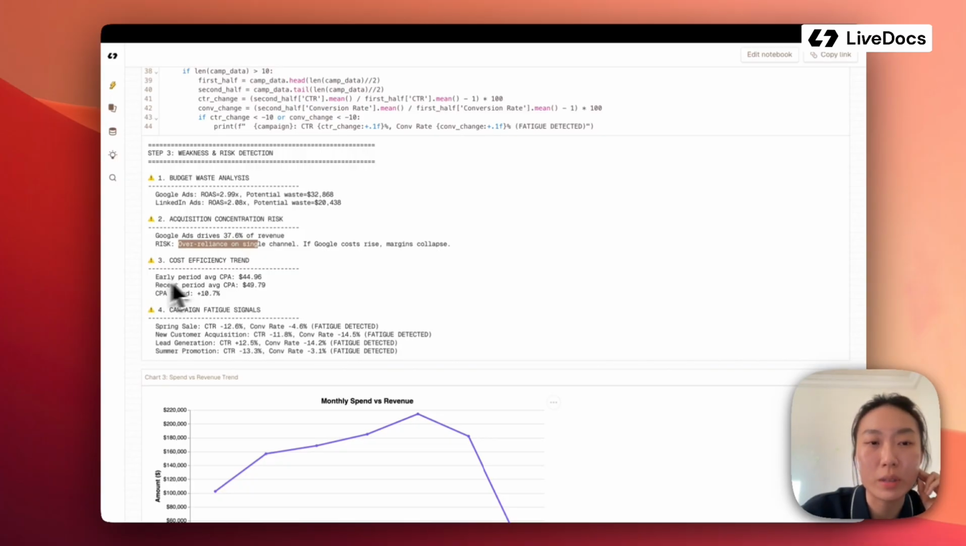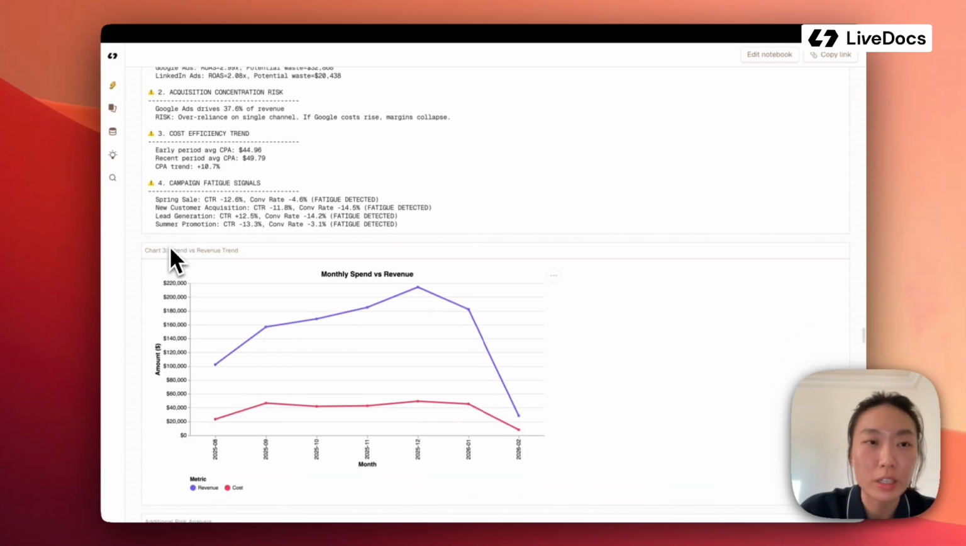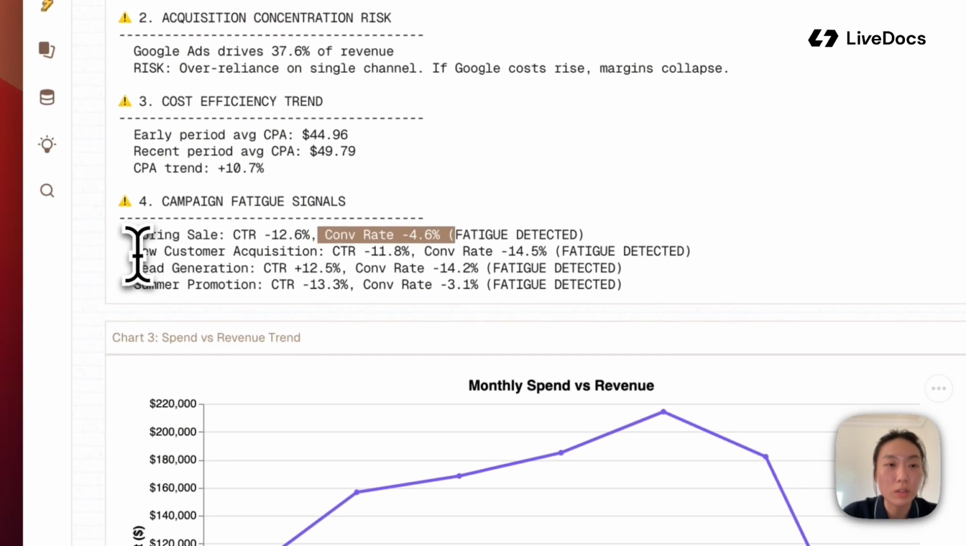Then the early period CPA is about 44.96. The recent period is about 49.7. And as we can see, there is an increase in the cost per action. And from the analysis, we saw that for spring sales, the click-through rate has decreased 12.6%, and the conversion rate has decreased 4.6% as well. So as you can see, there's fatigue detected, and also in new customer acquisition, lead generation and